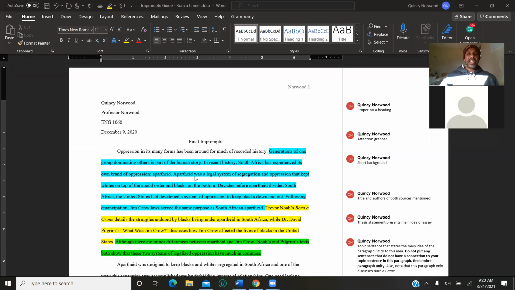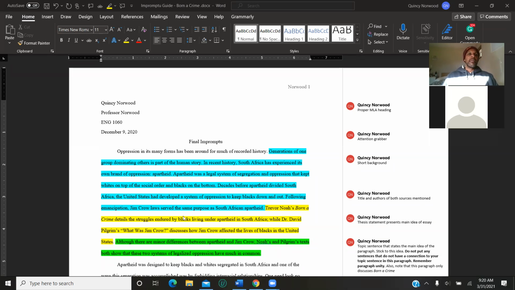All of that is valid information, but you don't need it right here. You want to be maybe a little bit general in your intro, even though I just said let's start being more specific. All right. Decades before apartheid divided South Africa, the United States had developed a system of oppression to keep